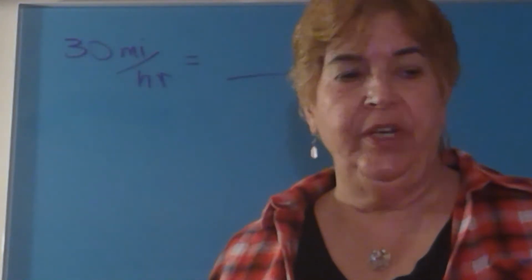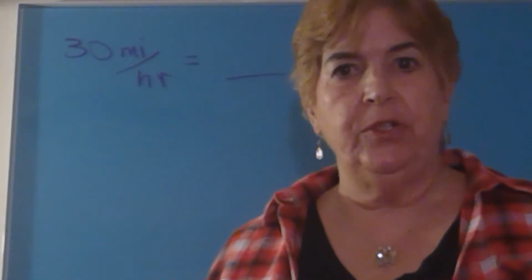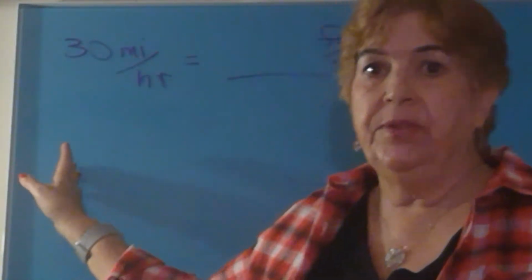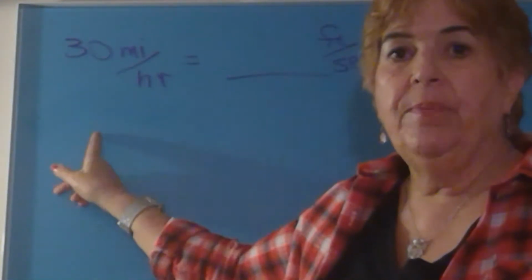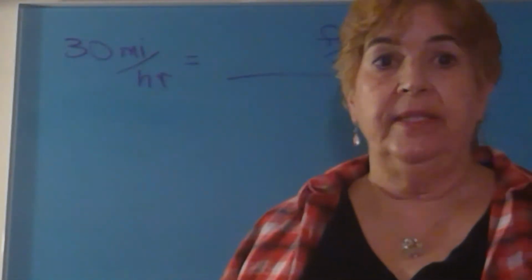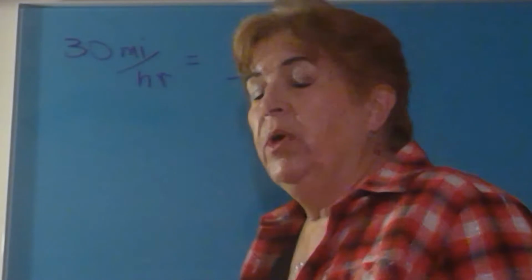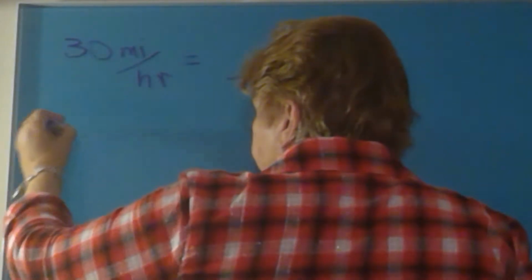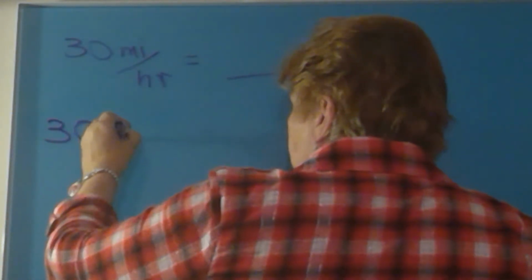This is our third video in this unit on measurement. We're going to start by looking at rates. If you're going 30 miles per hour, how many feet per second is that? Well, we're going to use the same method we've used in the past. 30 miles per hour is 30 miles